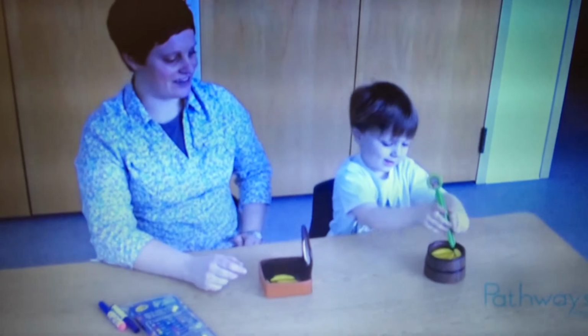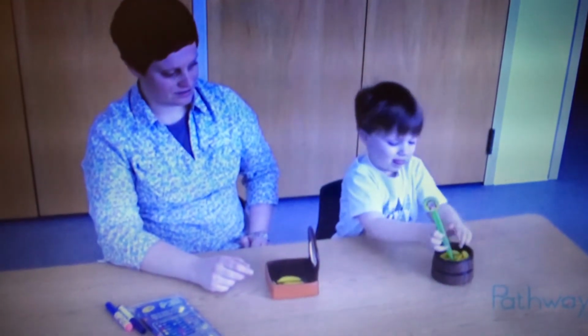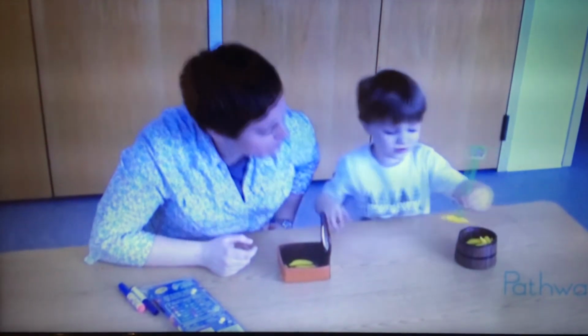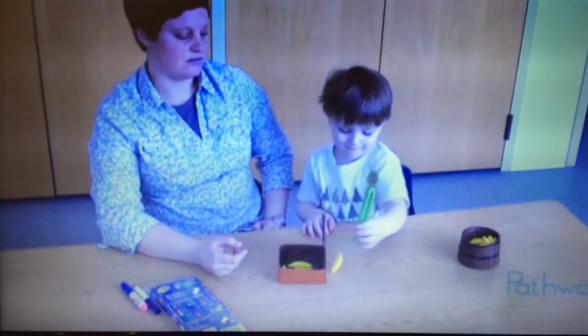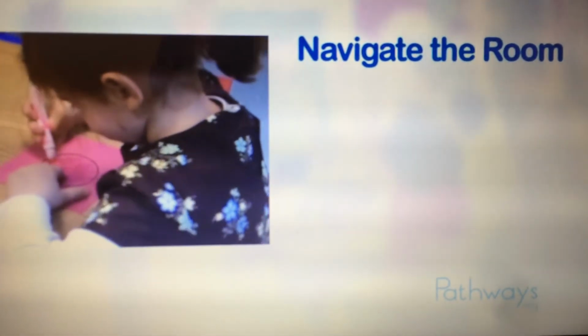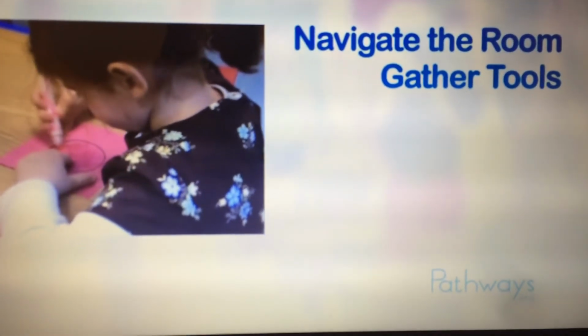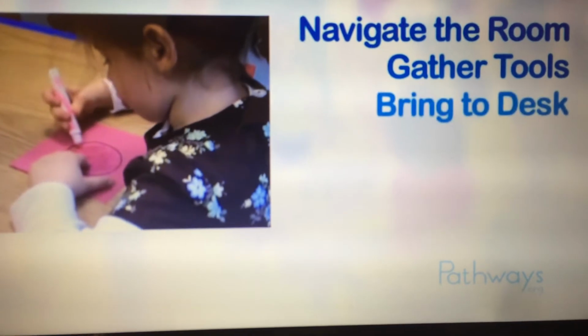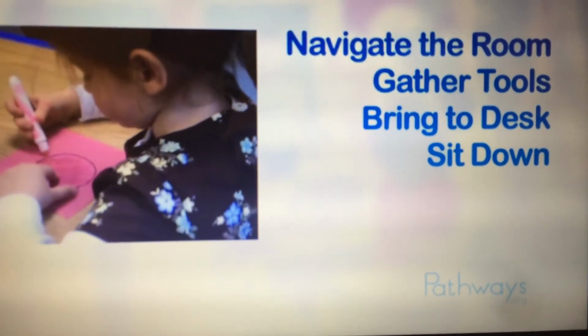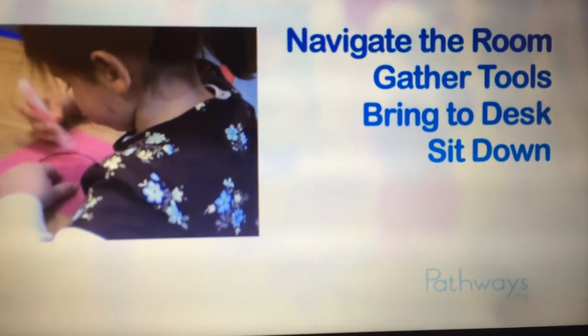Sometimes children have difficulty. The teacher says, go to your desk and we're about to do a table activity. It might be very difficult for that child then to be able to navigate through the room, to remember before they sat down they were supposed to get their pen and paper out from the little cubicle, take it to the desk, then sit down. And it's all those steps and sequencing them in the correct order could be overwhelming for a child that's having